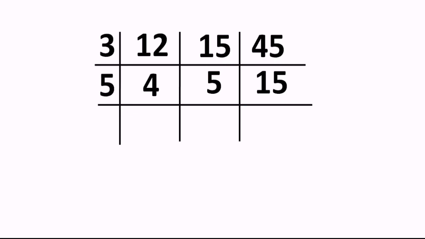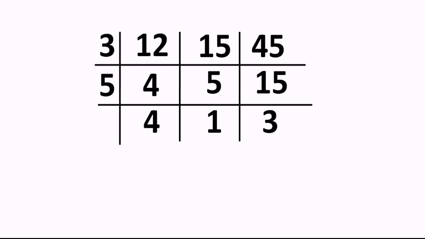When you divide 4 by 5, we get nothing, right? So 4 should be written as it is. Either they should divide completely, we don't want answers in fractions or remainders. So 4 is written as it is. Then when you divide 5 by 5, we get 1, and when you divide 15 by 5, we get 3. And now check it out over here. None of 4, 1 and 3 are divisible by the same number. No two of them are present in one and the same table. And at this time we can say we have to stop for the LCM.